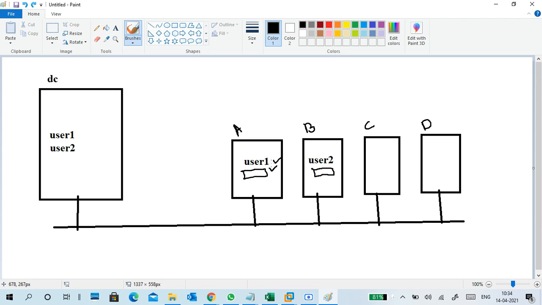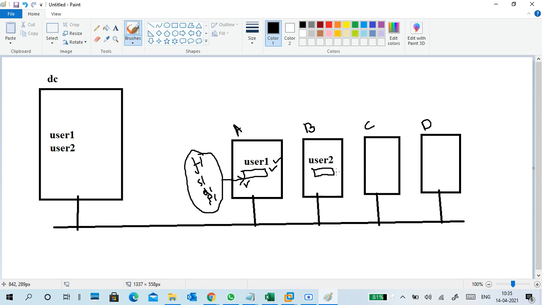User one logs in to PC A, and user one creates some files, for example f1, s1, or d1, p1, like that. Where is this data stored? The data is stored in PC A only, under his profile only, under folders like documents, pictures, videos. So he created the data, and the data is stored under the user one profile only, right? So it is stored in PC A only.